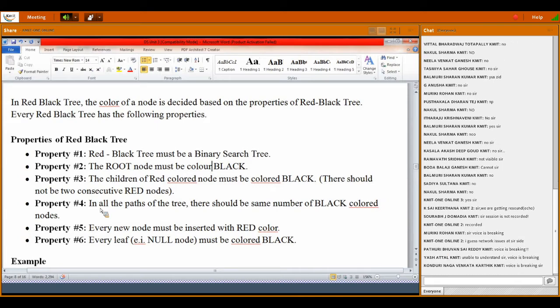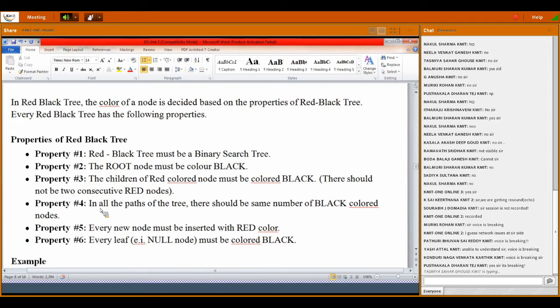Every leaf node, that is a null node, must be colored black.